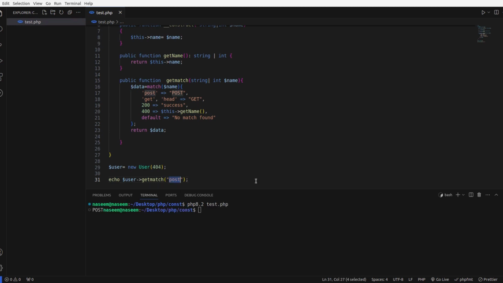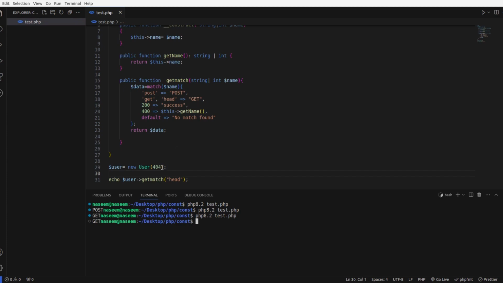If I pass get here, then the output will be get. If I pass head here, this is a multiple type matching. So if I pass head here, let's save it and run this code, we get